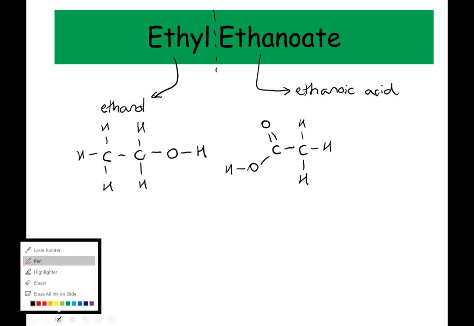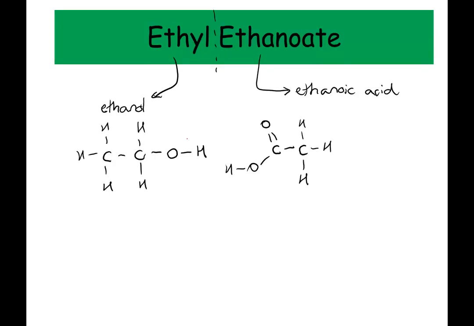And what is going to happen when I do that is that this hydrogen and this OH are going to combine together. Remember that I told you the other product of this reaction is water. Well, that's how the water is going to be made. The H of one of them and the OH of the other one are going to leave together as water. Okay. Now we're going to have a problem when that happens because my atoms are not going to have enough bonds. So if I draw what my ethanol will look like afterwards,